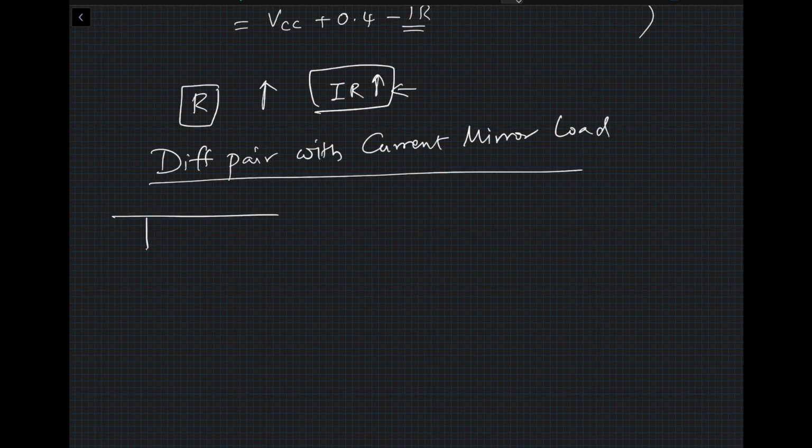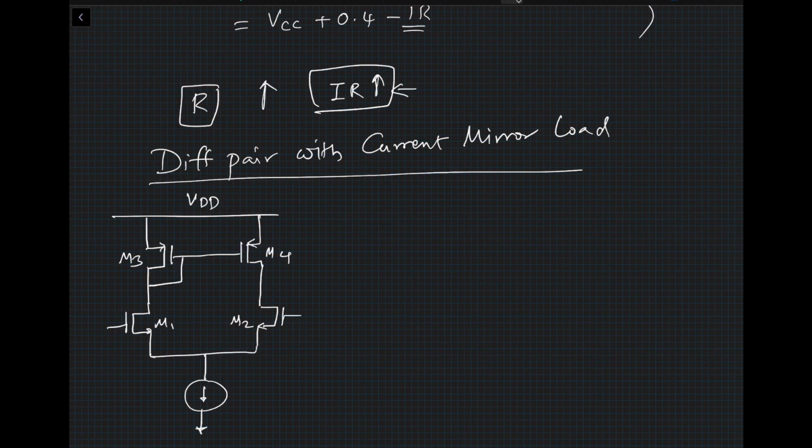So let's draw the schematic. So far we were only using one type of device. Now we are going to use the full features of the CMOS process, which is both PMOS and NMOS devices. If you look at M3 and M4, you can quickly tell from the pattern recognition that I've been trying to tell you about, it looks like a current mirror. So whatever current is flowing here would be replicated over here on this side.